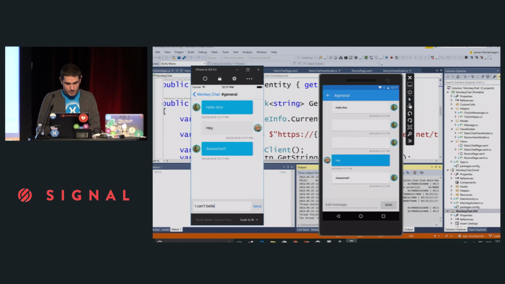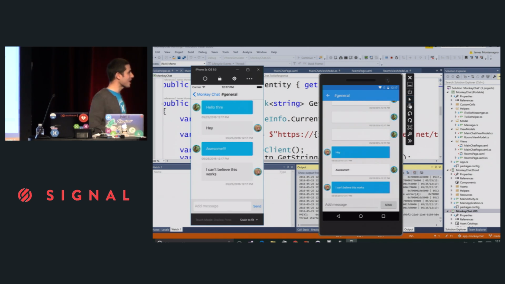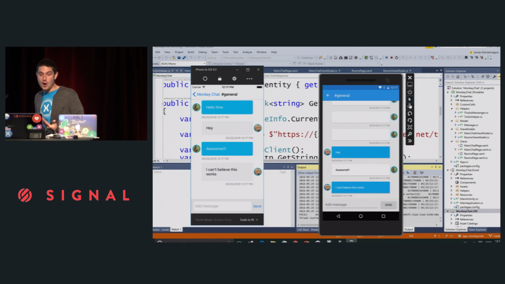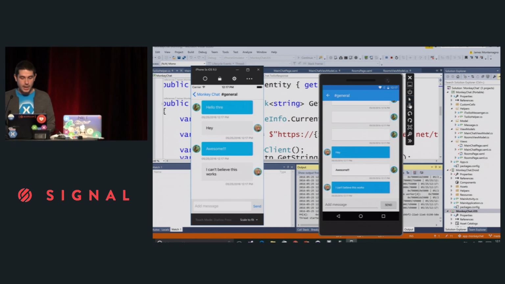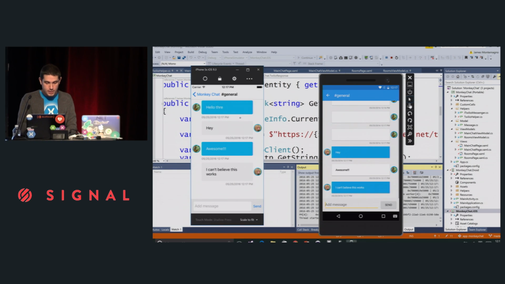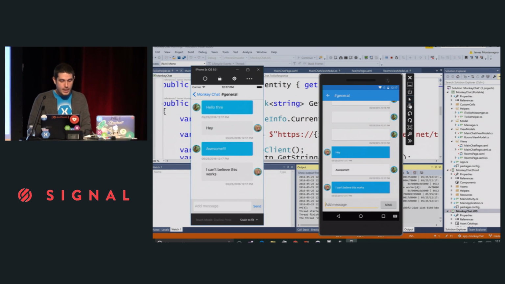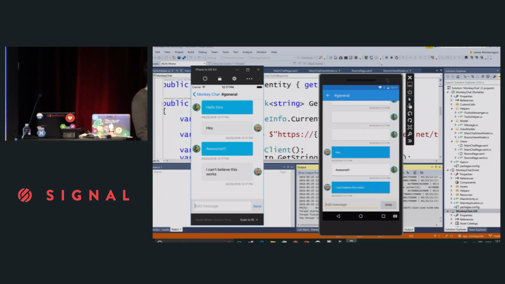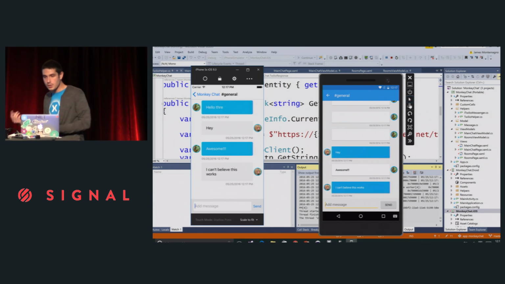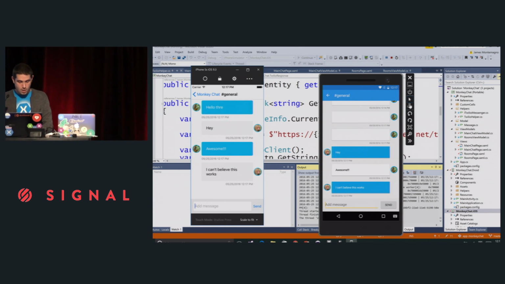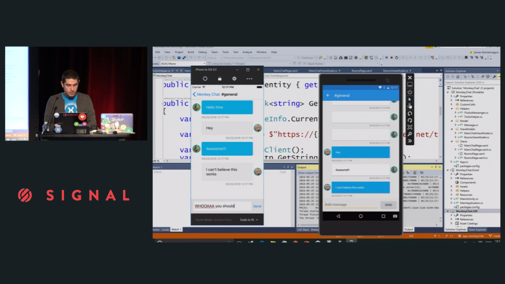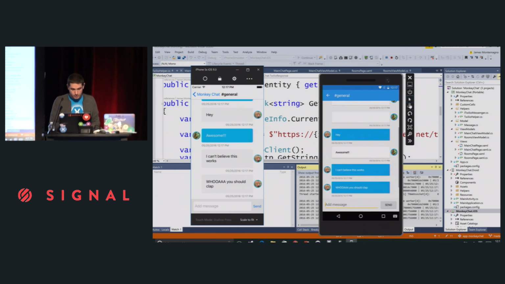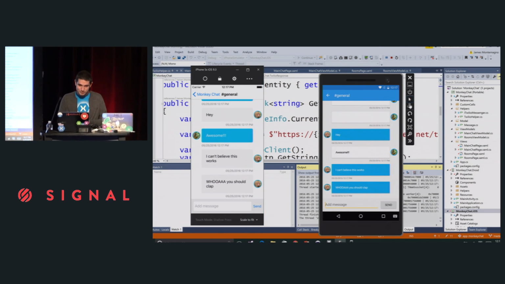I can't believe this works. That was the first thing that I said when I actually did this in about, I don't know, an hour it took me to set up and do this entire application, which is really powerful. So now I get the scroll, I get everything I want, and these are the different cells that I'm getting. So I get a blue cell from the other user and everything like that. So I would say, whoa, you should clap. That's pretty cool.